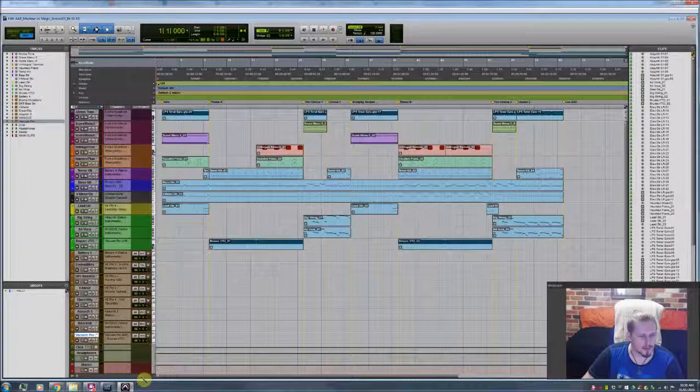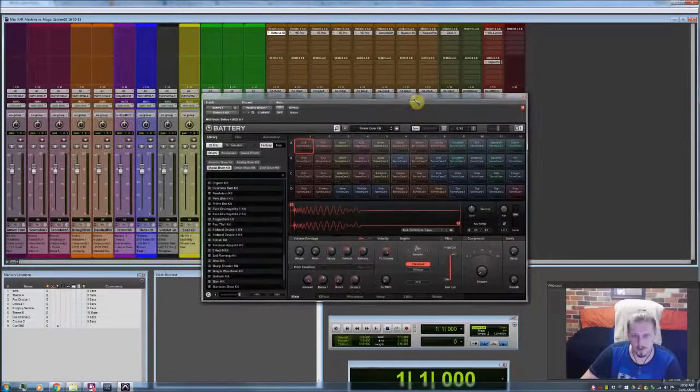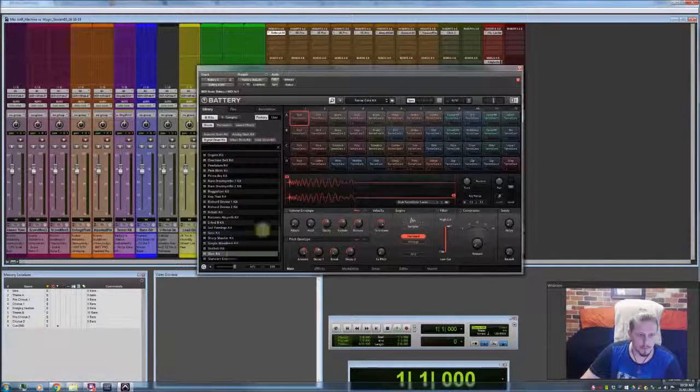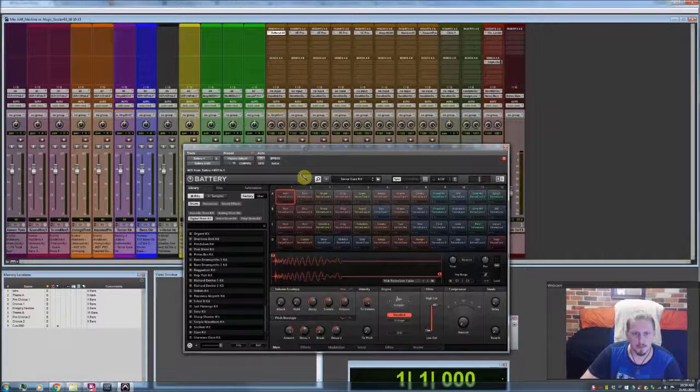Now, I'll just go through how I routed up my Pro Tools session. So as I said before, we've got the instrument tracks here, and on each instrument track I've got the insert of which instrument I'm going to use. So obviously with Battery 4, I've inserted Battery 4 in there, and that's the instrument here. And you've got the different drum kits, and I've chosen a drum kit called TerraCore kit. Really cool drum kit. Apart from your standard kicks and snares and hi-hats, that sort of thing, it does have some cool distortion effects,